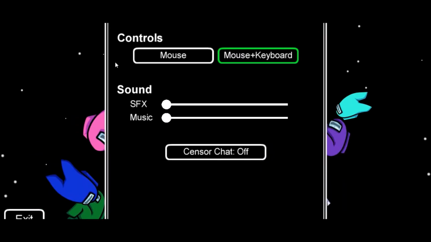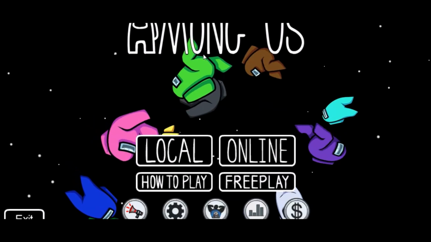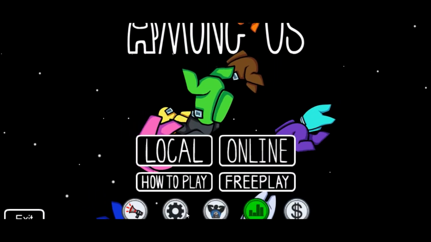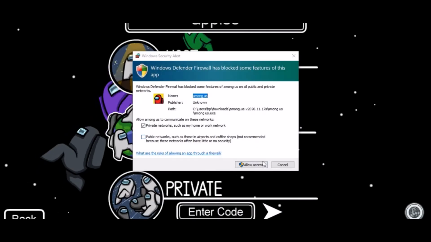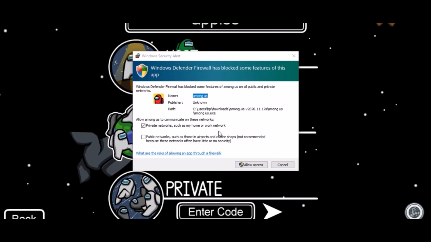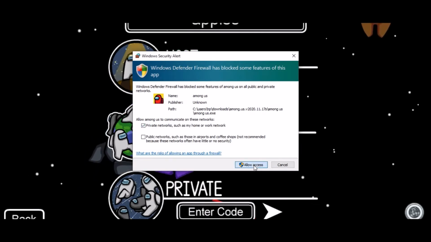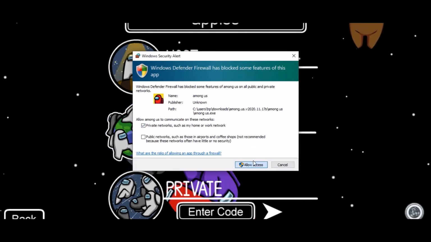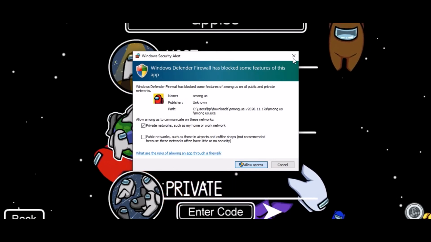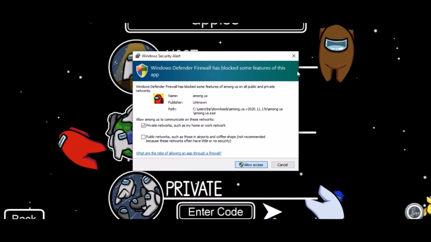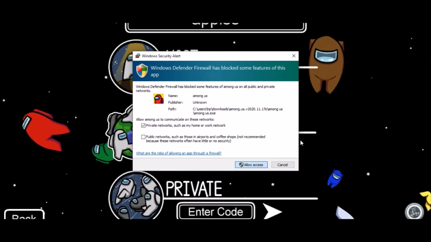We'll just turn down the music, and you can go to local. You can go anywhere. And if this comes up, you have to allow access. It will do nothing. It's just so some features can work.